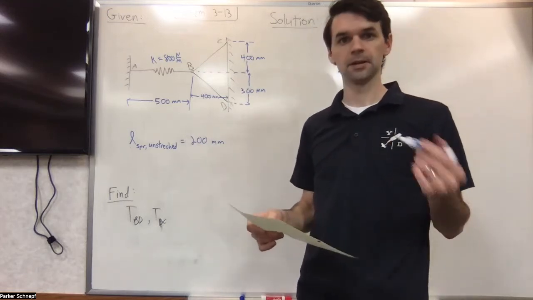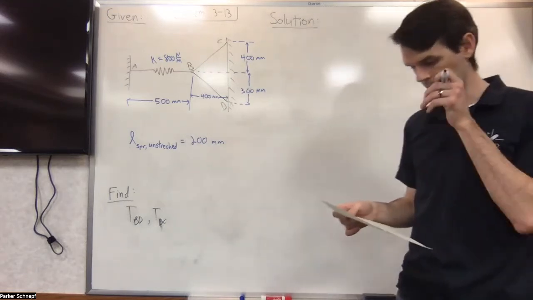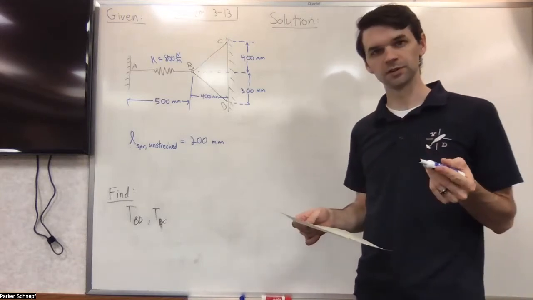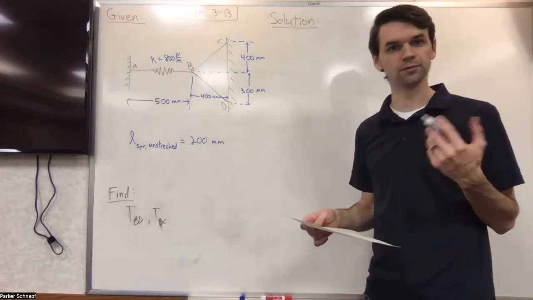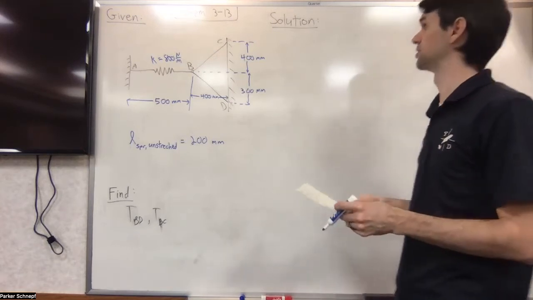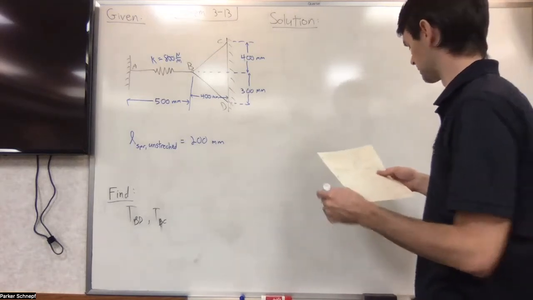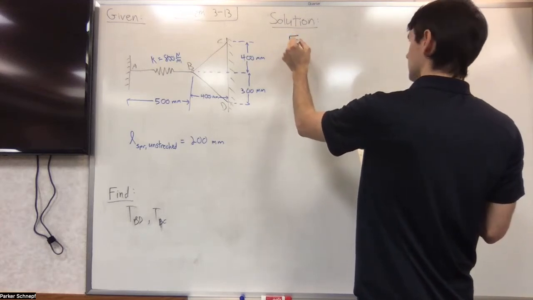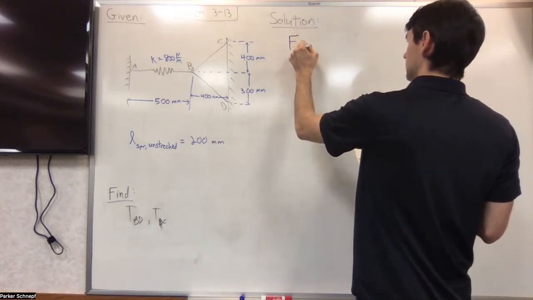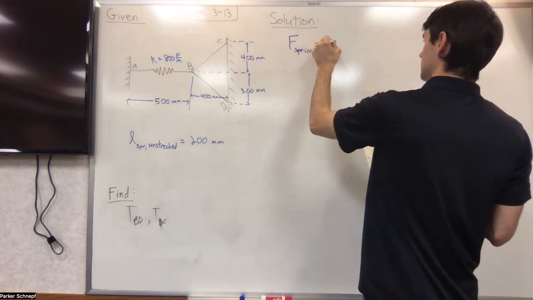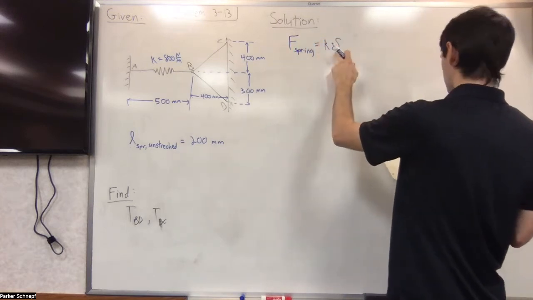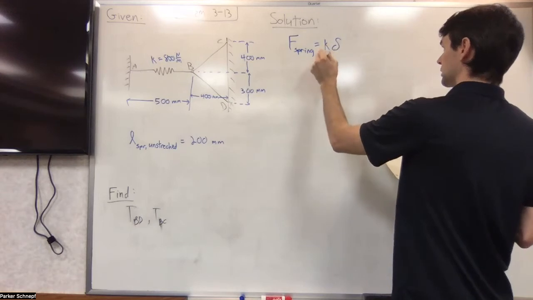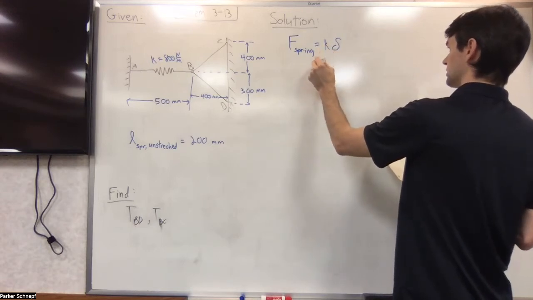So how do we go about this? Well, the first thing I'm going to start with is just figure out what the force of my spring is. I already have all the information I need to figure out what my spring is, right? The equation for a spring is just the spring constant K times the deflection, which I'm going to represent by this delta. So that is going to equal